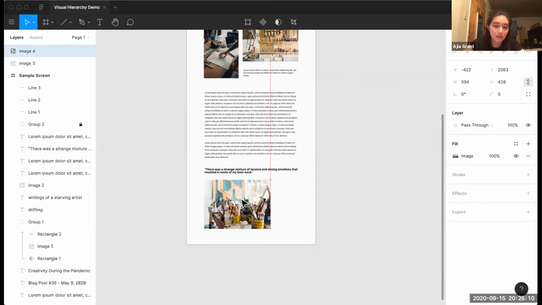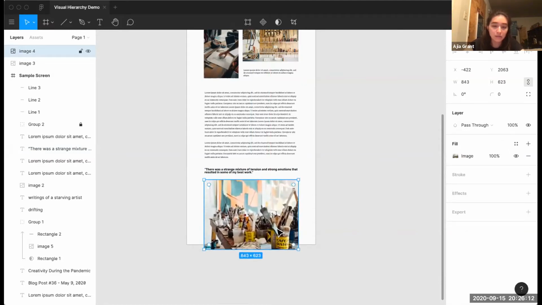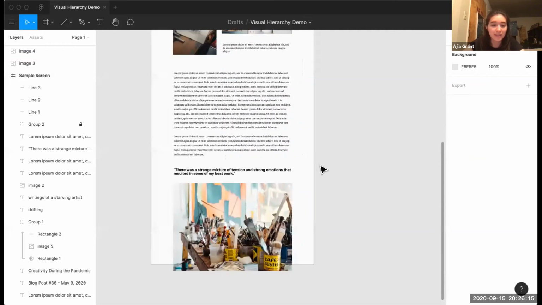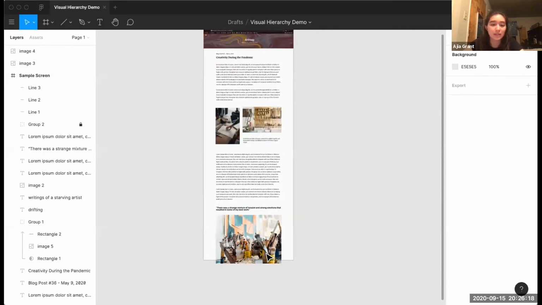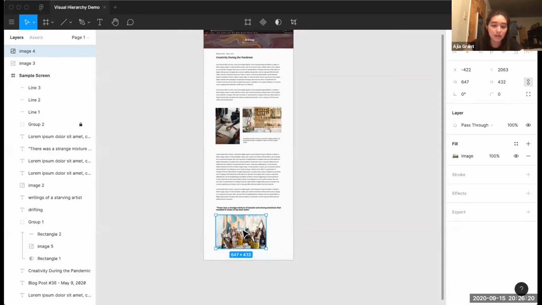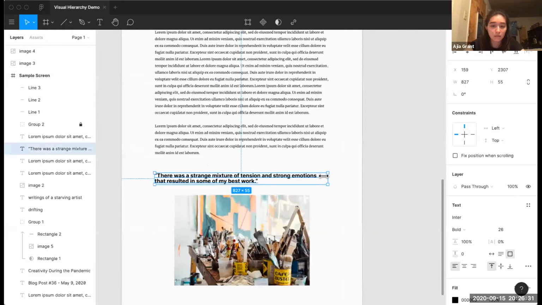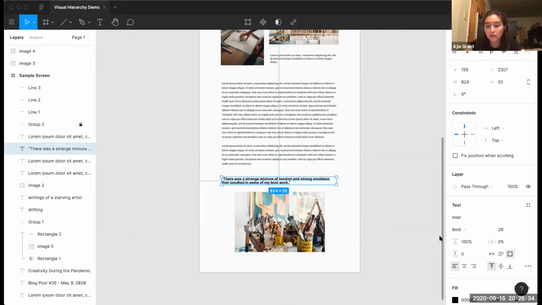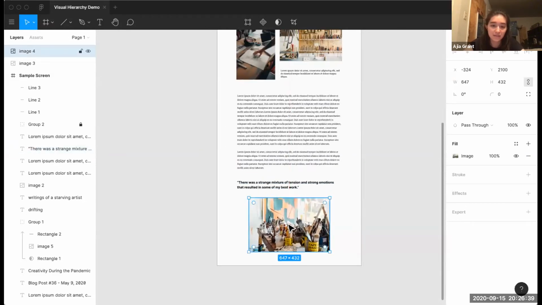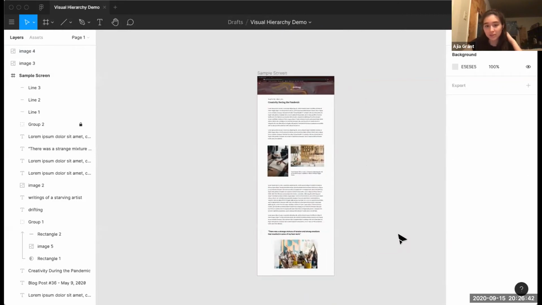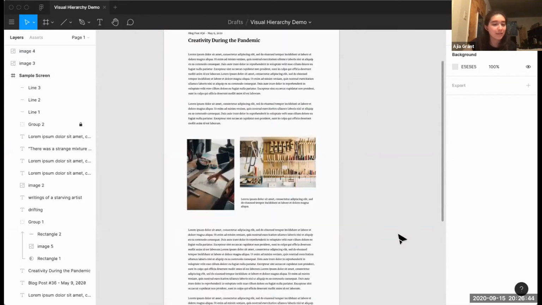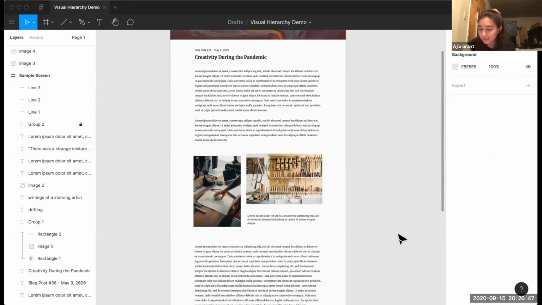I would actually probably make this image bigger, but that's just personal preference. Making sure that the alignment is the same is also not necessary. I think having it just within the sides of the main margins is good enough. And yeah, I guess make this 1.5 also. And that's pretty much the demo. You guys figured it out pretty quickly, pretty well.